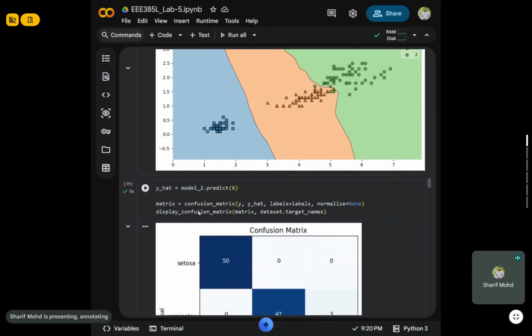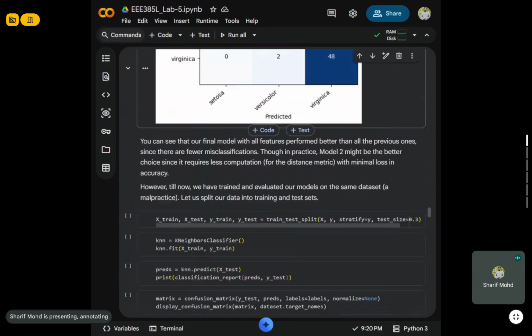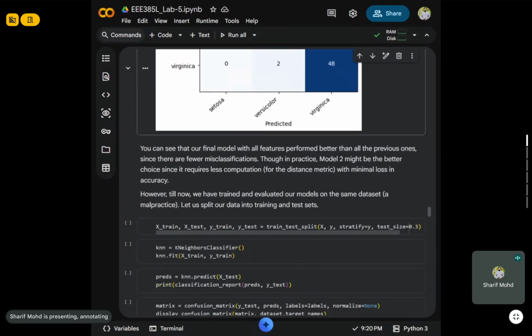So এখানে আমাদের k equals to 5 use করা হয়েছে, and now what we can see is that our final model with all features performed better than all the previous ones, since there are fewer misclassifications, though in practice model 2 might be a better choice since it requires less computation। What it is বলতেছে যে model 2 requires less computation because এখানে আমার দুইটা features আছে for the distance matrix with minimal loss in accuracy।